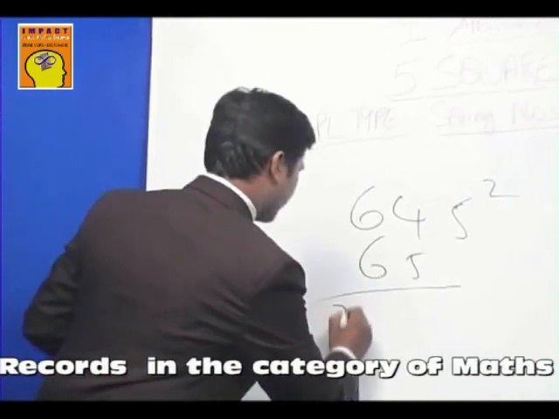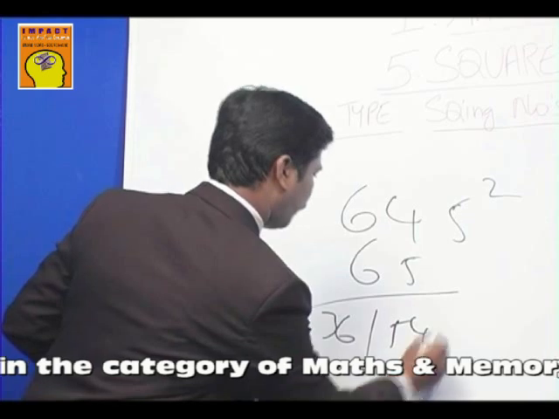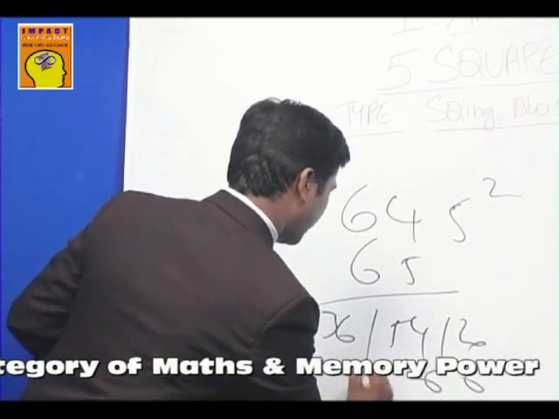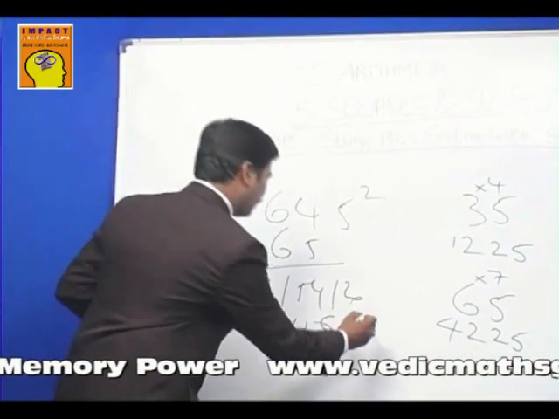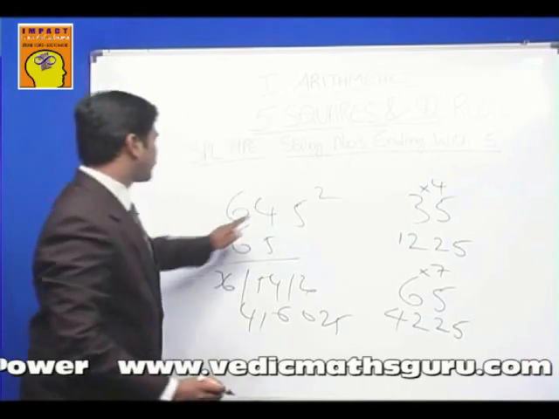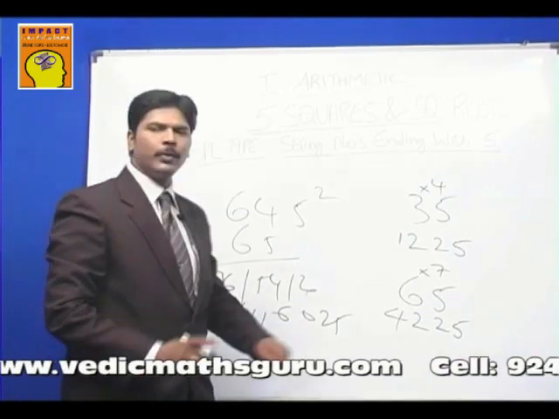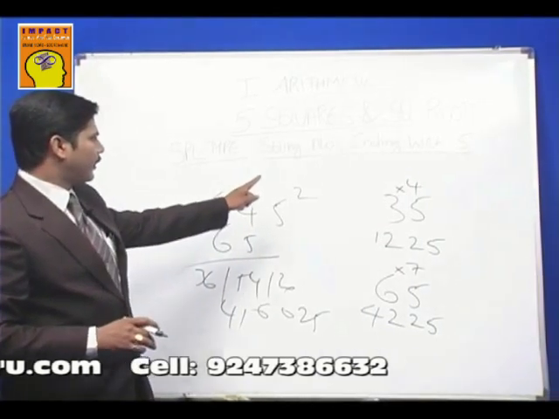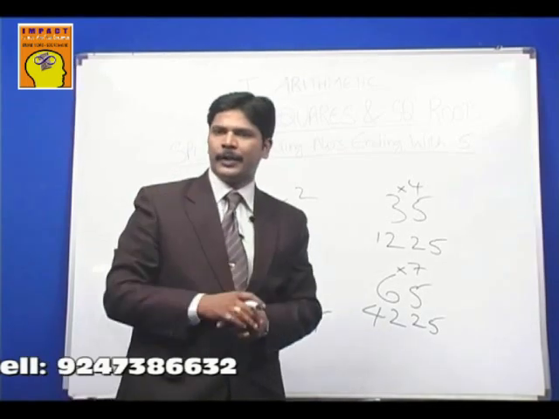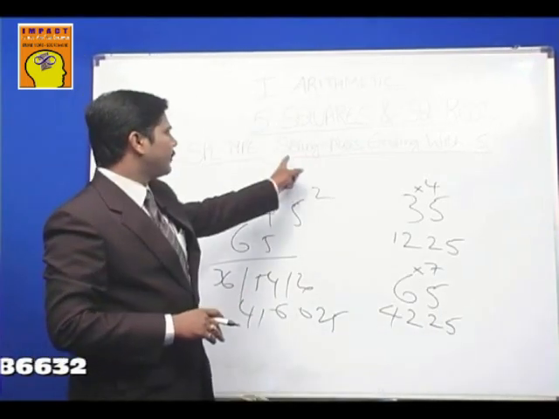Okay, so 6 square is 36, 30 plus 24 is 54, 5 4s are 20, 0 6 and 4 1. That's it. So you get 4160. So just write 25 after the number. So when you square 645, you get 416025. So using this technique, the Ekadhikena Purvena, we can also square numbers ending with